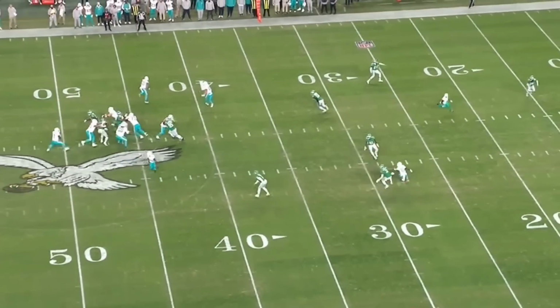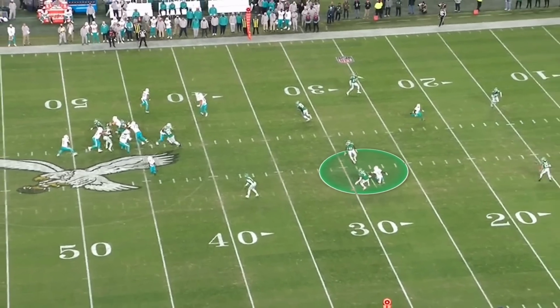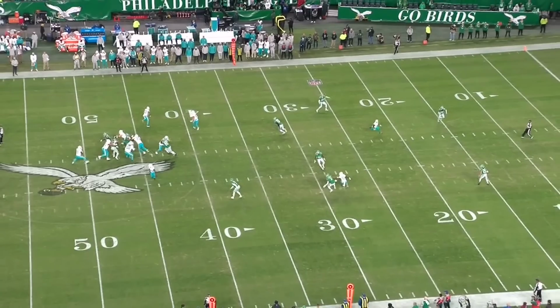He's going to get to his landmark right where that glance route is going to open. Tua has nowhere to go with this football, so he now has to check it down, which is okay for the Dolphins. It's been a very successful formula so far for them this season. They have made a living off getting some of these checkdowns and turning them into explosive plays, whether it's been with Raheem Mostert, the rookie Devin Achane, or with Salvon Ahmed, and that's who catches this ball here in the